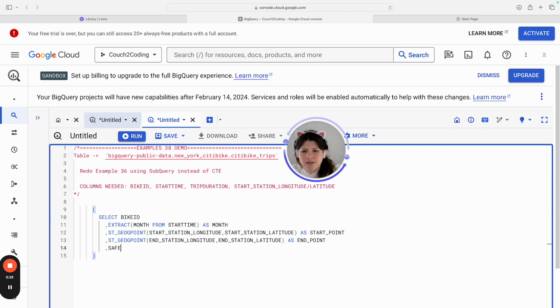And then we're going to do safe divide trip duration by 60. I'm sorry, 120. I almost made that mistake again. As trip time